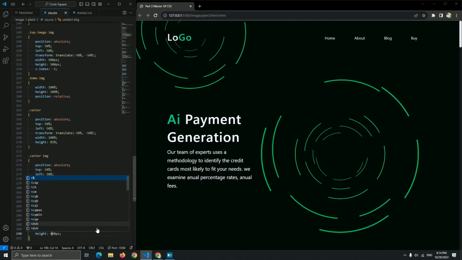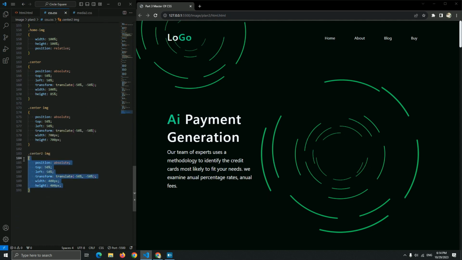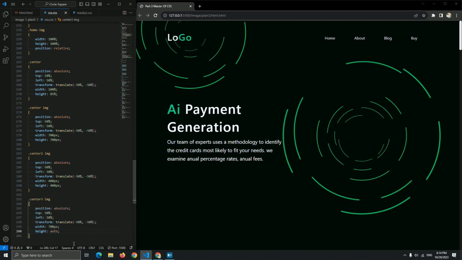Okay, as you can see right now, we fixed this center 2 image. And for this center 3 image, let me just again copy paste it, 700 pixel, and let me just auto, or 700 pixel, doesn't matter, let me just auto. Here we go, as you can see right now, and we fixed the problem.